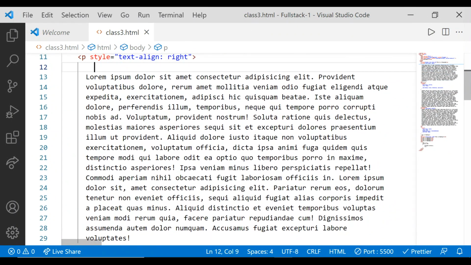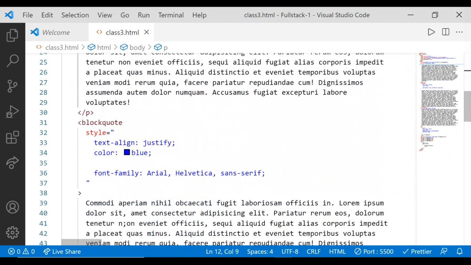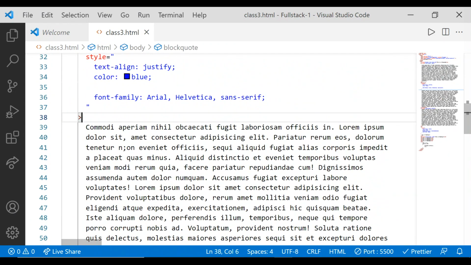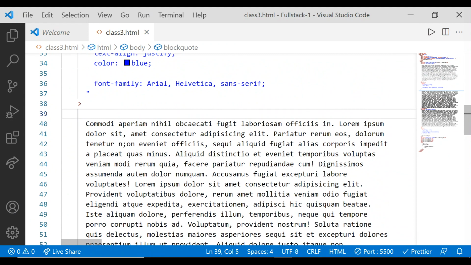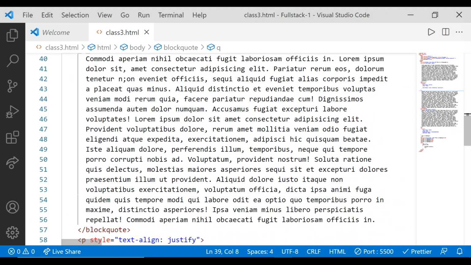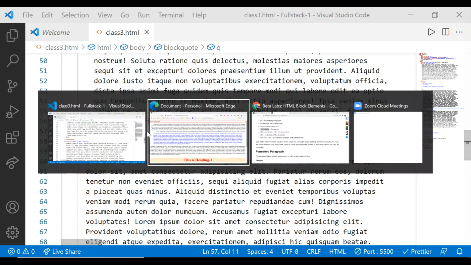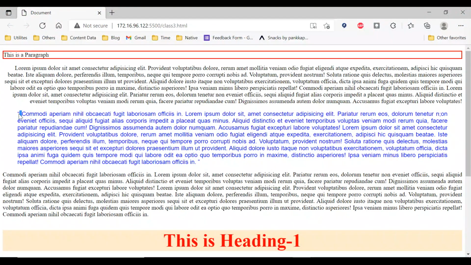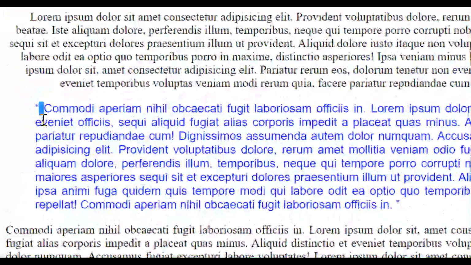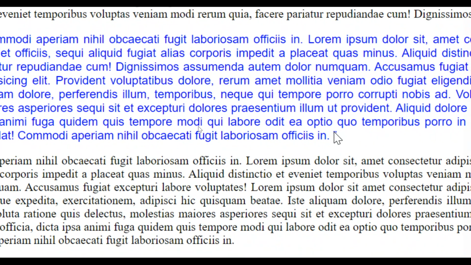हमें second के ऊपर apply करना था. So I'm going to apply this q tag on this second paragraph q, and the closing tag should be closed before the block quote. And you can see there is a small quotation added on the block quote. See this quotation, and on the end as well.